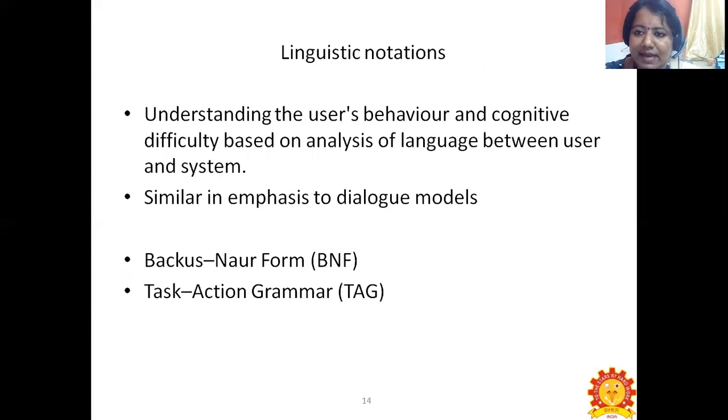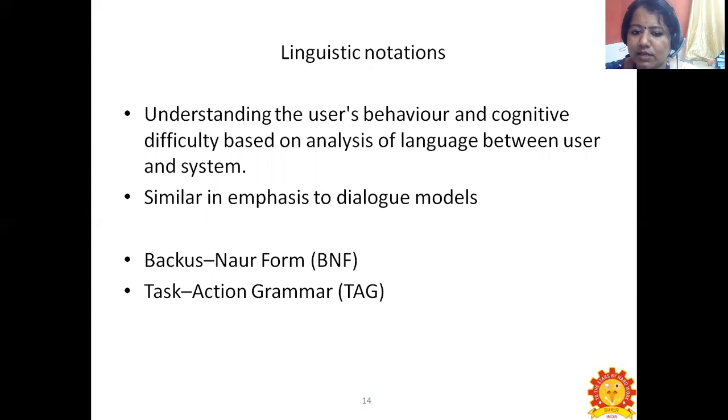The second step under the cognitive model is the linguistic notation. Here we are going to understand the user's behavior and the cognitive difficulties, which are mainly based on the analysis of languages between the user and the system.